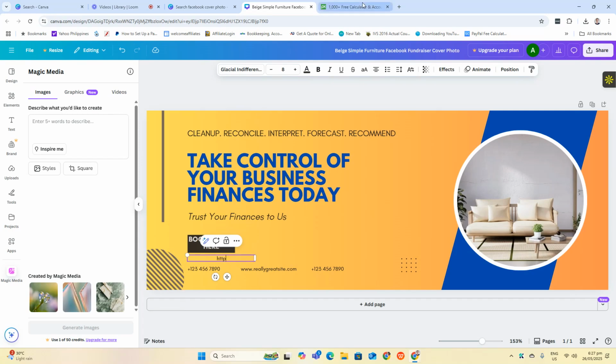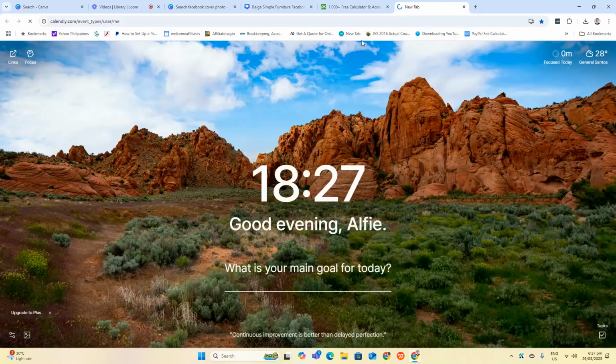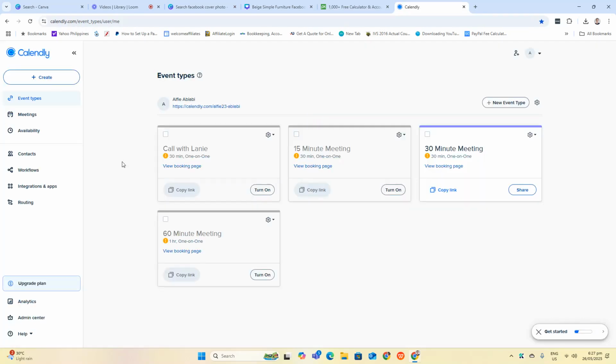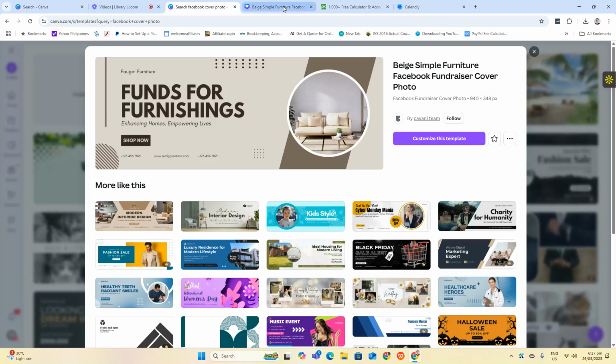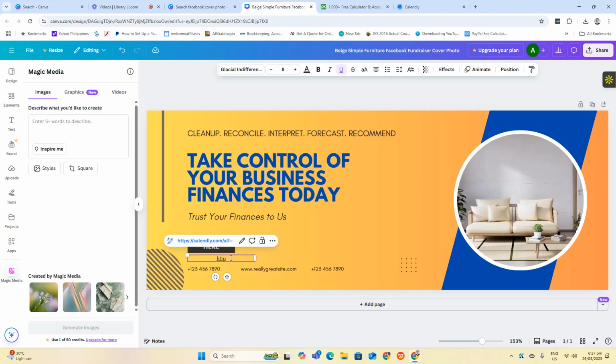HTTPS. So for my calendar link, once you have the calendar link, I'm gonna copy the link and then paste this one. Okay, so this will be my